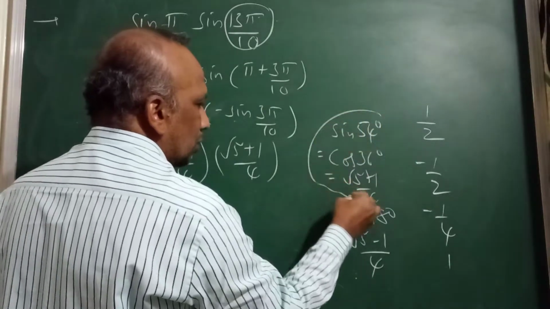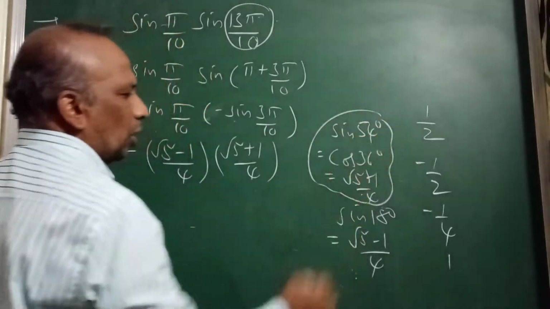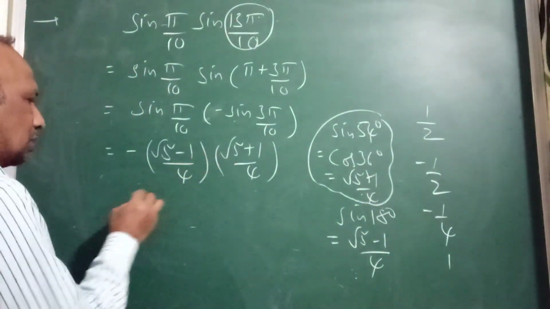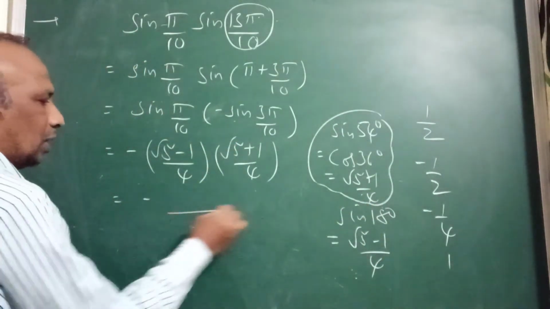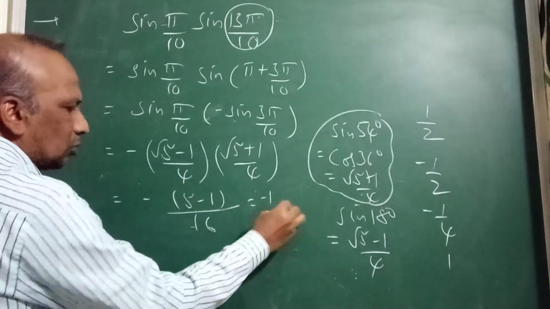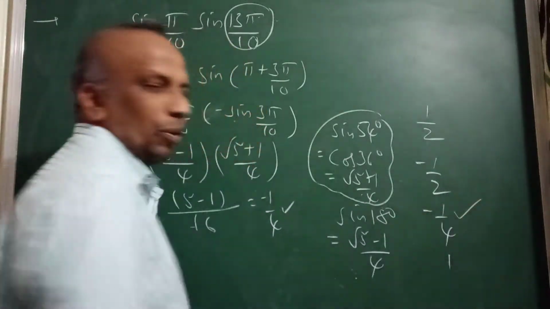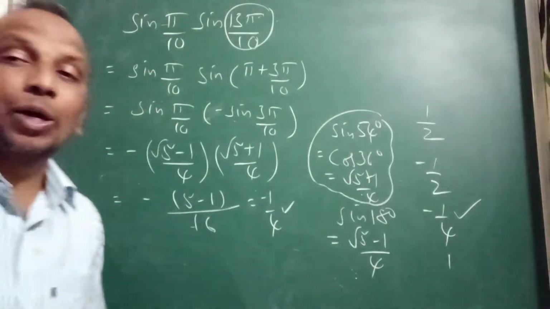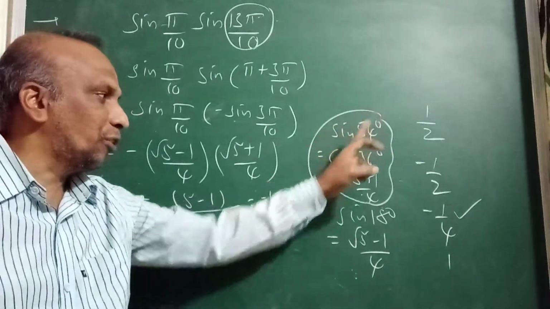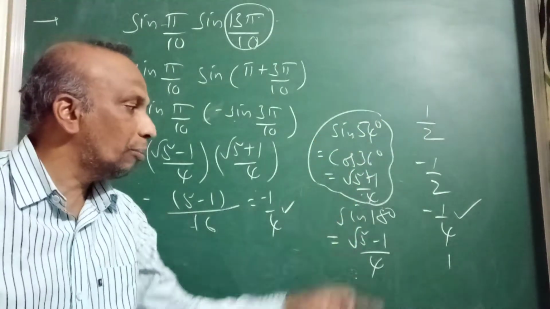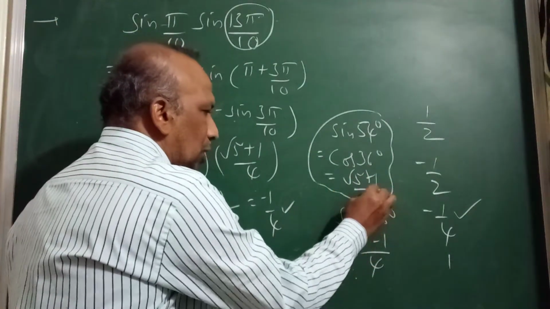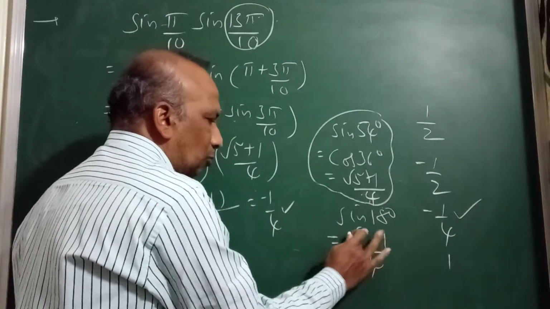These two are same, right? Sin 54 and cos 36 both are same. Sin 18 and cos 72 also both are same. If I simplify this minus, you will get 16. This is 5 minus 1, 4 by 16 minus 1 by 4. Your answer is minus 1 by 4. So most frequently I am going to use sin 18 is nothing but cos 72. Again sin 54 and cos 36. So you remember these values always. Root of 5 plus 1 by 4. Root of 5 minus 1 by 4.